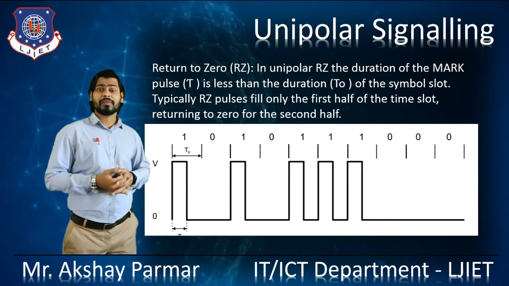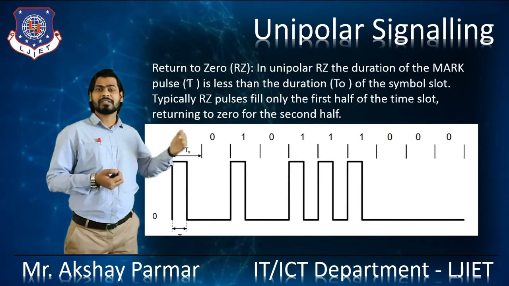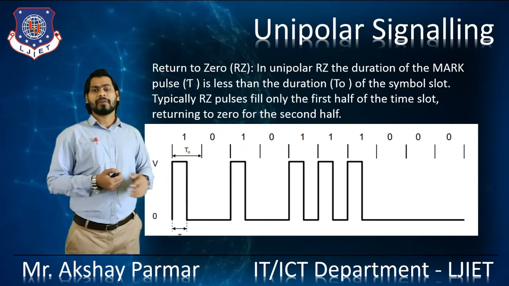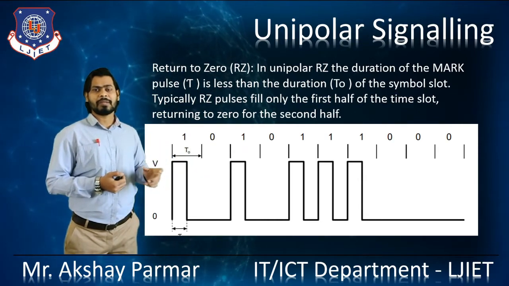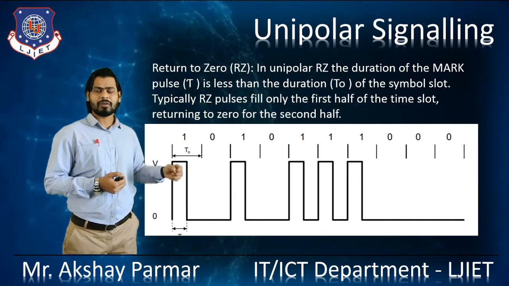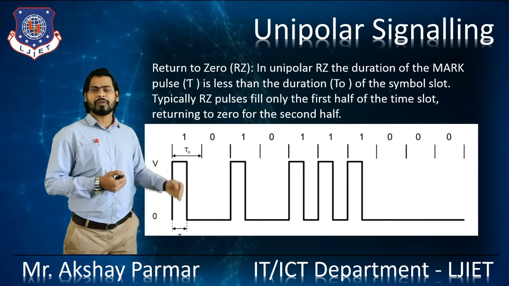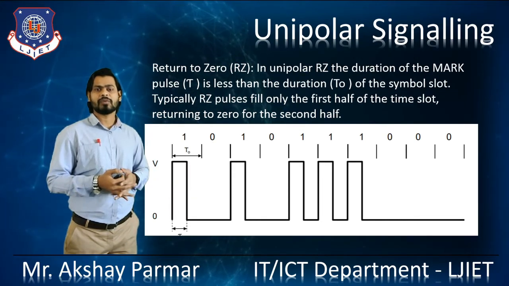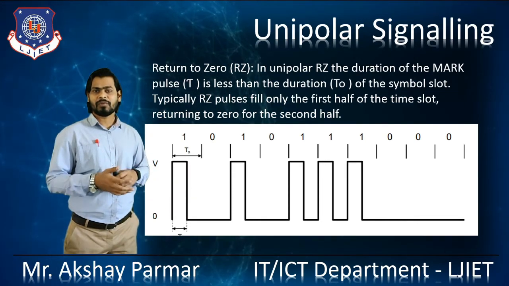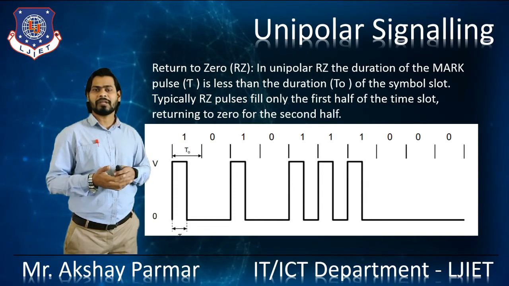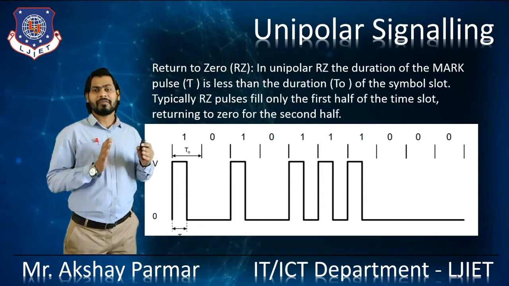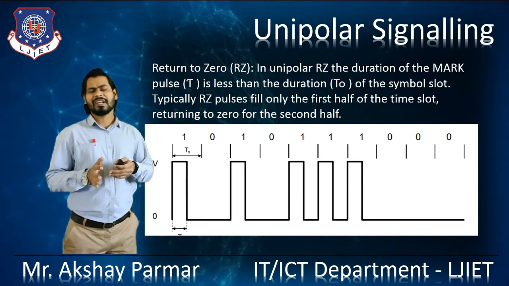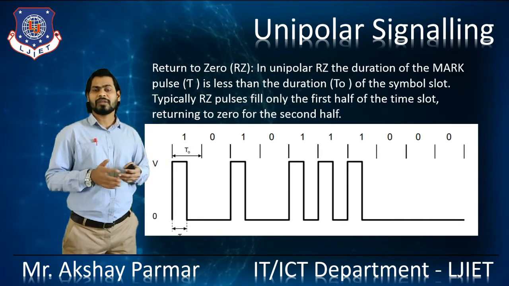So here you can observe that while we are representing 1 0 1 0 1 1 1 0 0 0, first of all, we are using the first half of that bit slot to represent that bit. So 1 will be represented this way. After that, the 0 is there. To represent that 0, we don't require the height, so it will remain at the ground level in the first half, and in the second half it will return to the 0, which is already at the 0 level, right? So there is no need for the height.